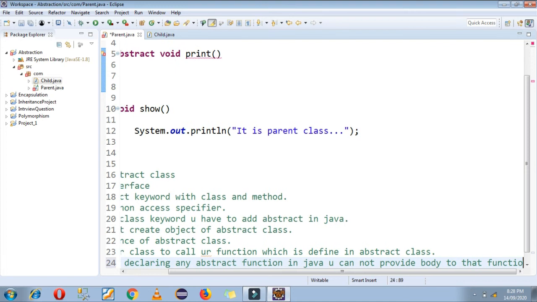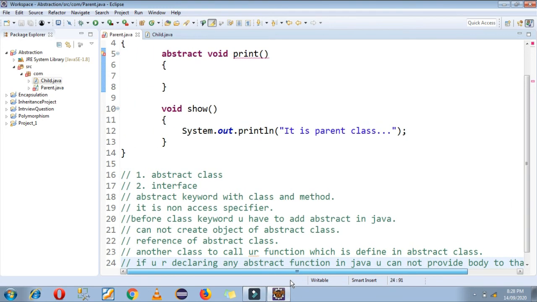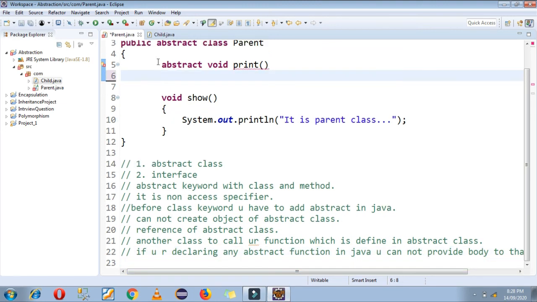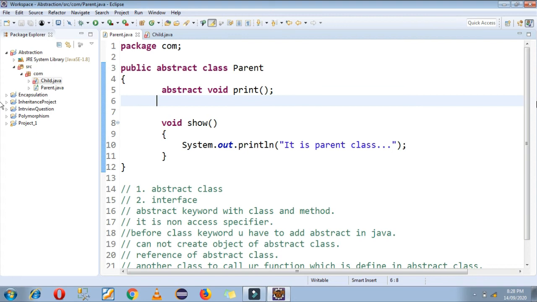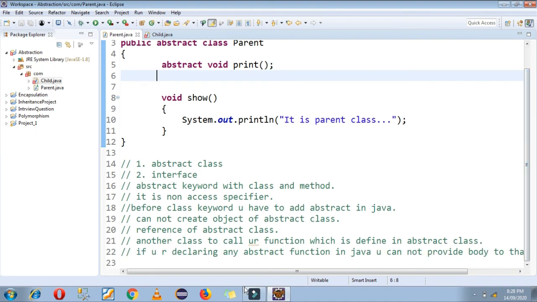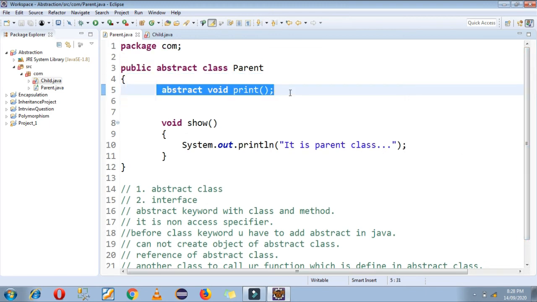You have to just put your semicolon over here. You cannot provide parentheses, you cannot define that method. You have to just declare that method, which is abstract in Java, like this. Now you can see my error is removed.